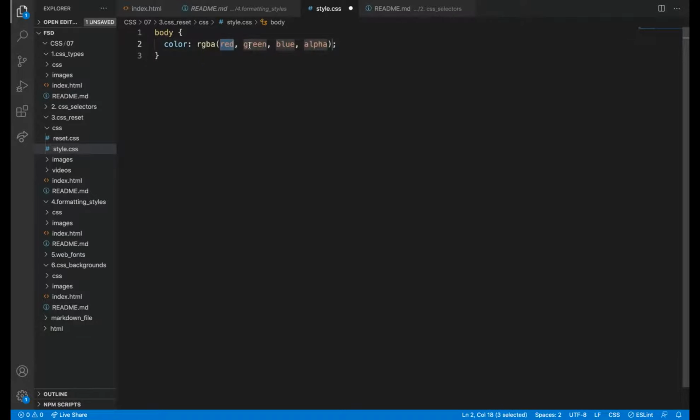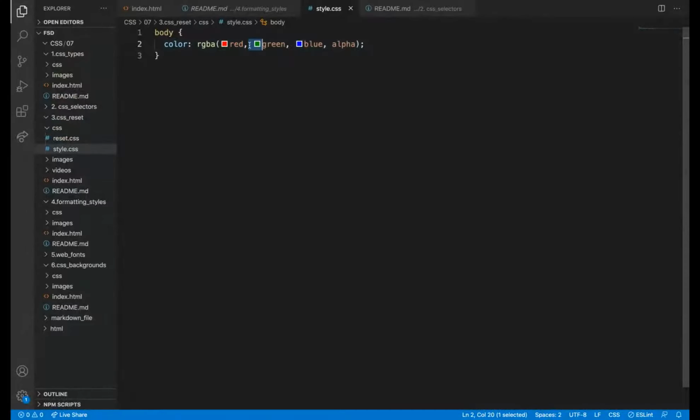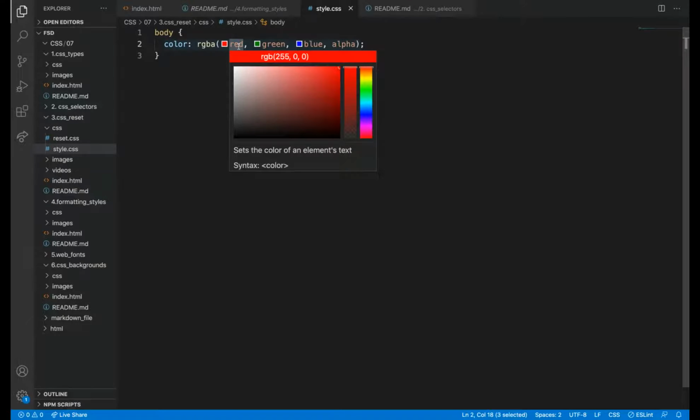RGBA. So what is this? It itself says red, green, blue, alpha. So we need to give specific values here. If I give 0, then it is just a color shade applied. How much percentage of color shade I want to give in red, because red, green, blue are primary colors. You have studied in some school subjects.